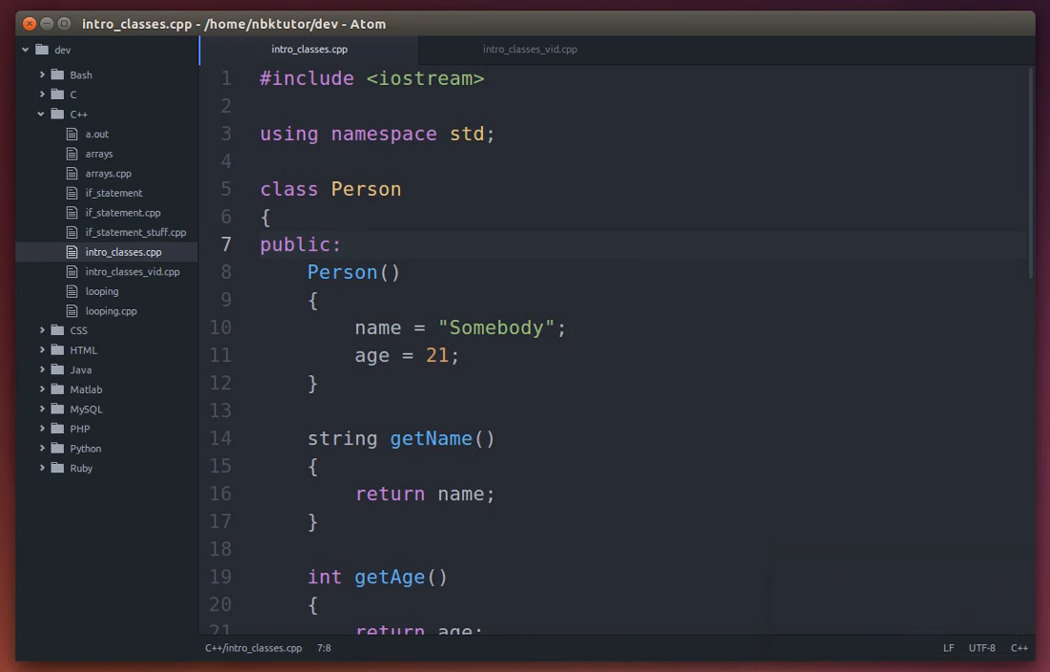Hello guys, this video will be an introduction to classes in C++. We're going to go over how to build a class. We're going to talk about the public and private members. We're going to talk about the default constructor and then how to make getter functions to retrieve the attributes for an